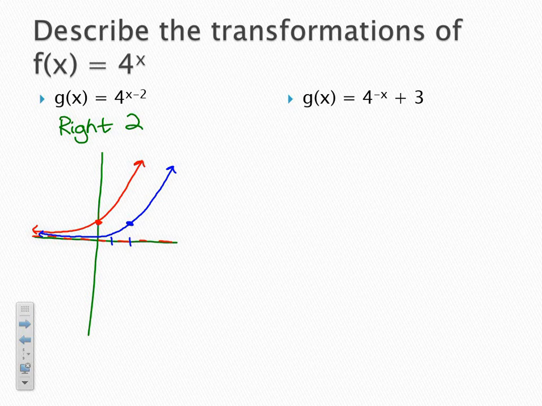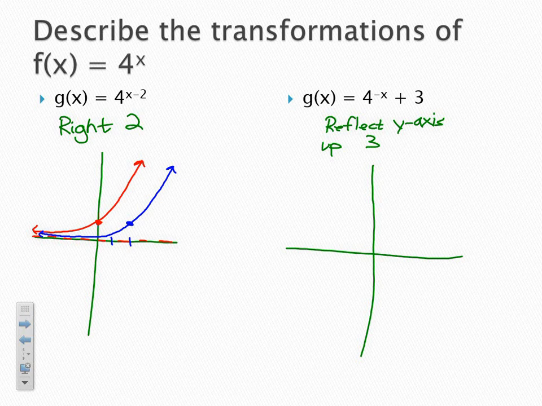All right, how about our next one? What are our transformations there? Right. So reflect on the y-axis. And up 3, right? Okay, so let's sketch a graph of that one. Now, I'm not going to draw the parent function this time because it'd be the same parent function as our first one, right? So if we took that point, right, the y-intercept, that point is going to shift up 3 units, right? So if we go up 3,